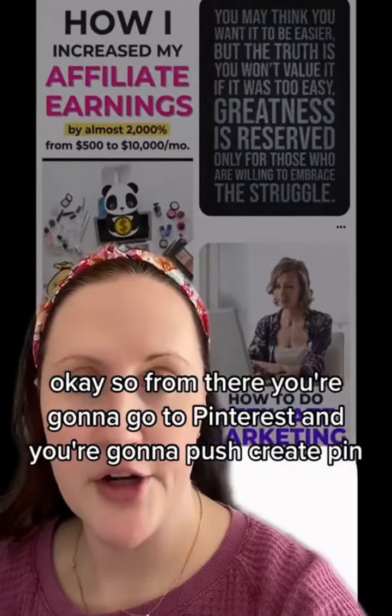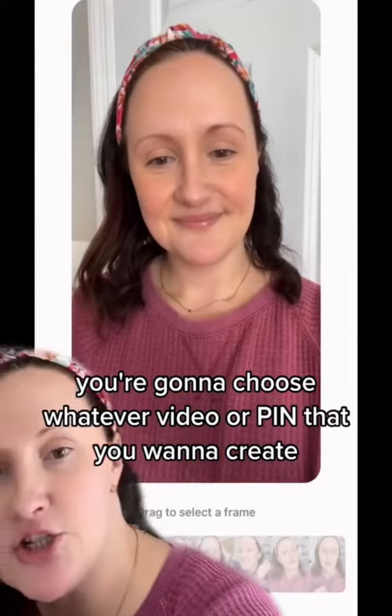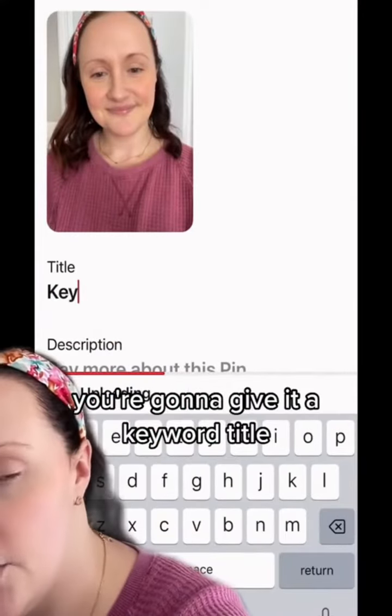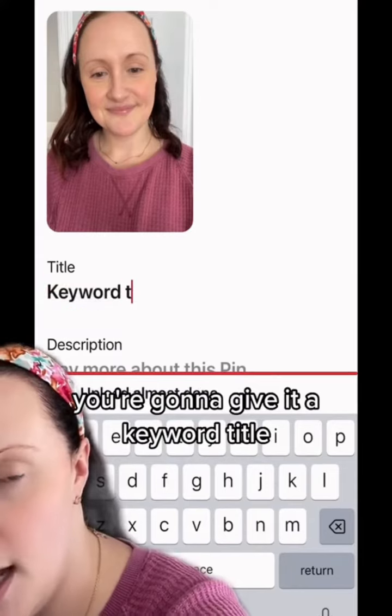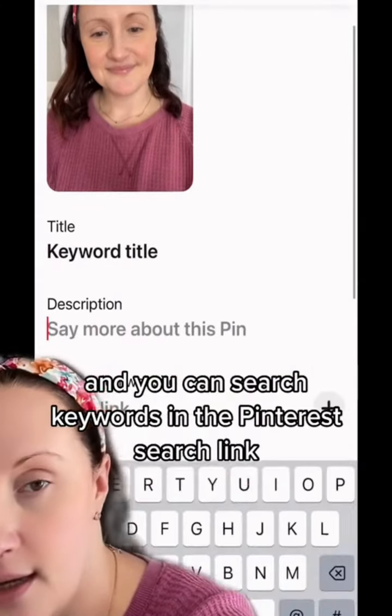Okay, so from there, you're gonna go to Pinterest and you're gonna push create pin. You're gonna choose whatever video or pin that you wanna create. You're gonna give it a keyword title, and you can search keywords in the Pinterest search link for your product